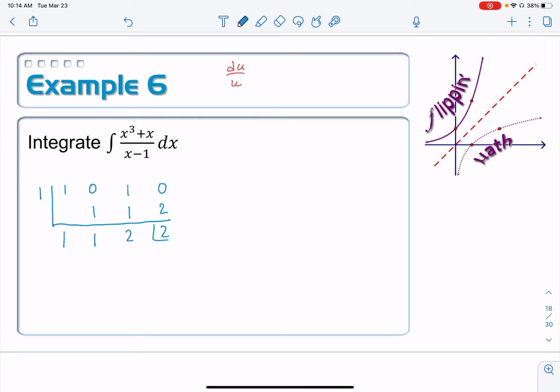So this is equal to the indefinite integral of, now think about this for a second, what should the power on this first one be? We took x cubed and divided it by x, so we subtract the exponents, it should be x squared plus x plus 2. And notice that if this is all we had, there's no need for partial fraction decomposition on this one because it's just a quadratic. We can very easily find the antiderivative. And then finally, plus 2 over whatever it was that we divided by, which is x minus 1